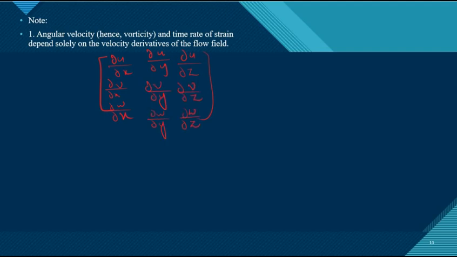So this was all about angular velocity, vorticity, and strain on the fluid element. In this video we saw how the fluid element rotates, and it certainly does, as a fluid element always rotates when it is moving through the fluid. How we mathematically consider this in our calculations is what we have looked into in this video.